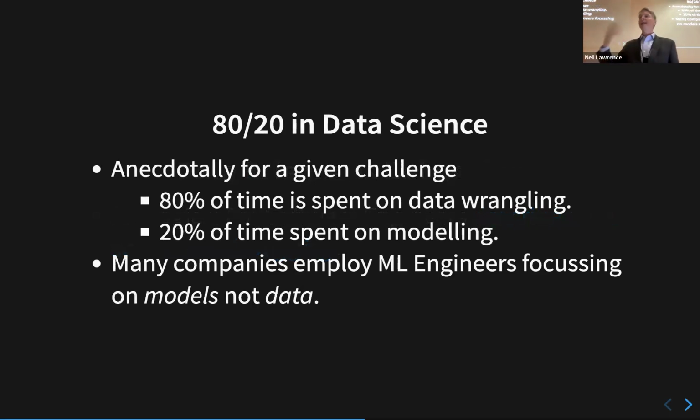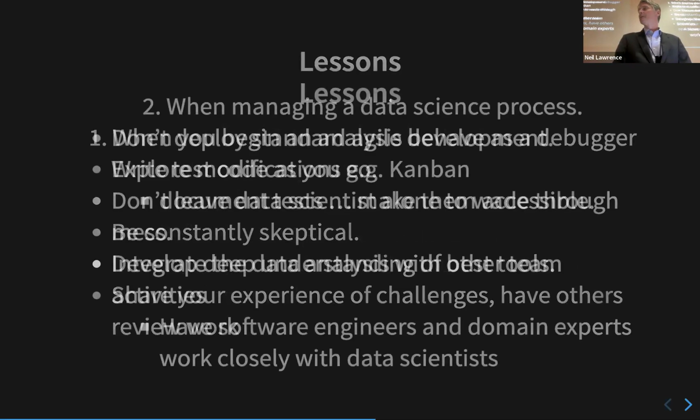This is the challenge. Anecdotally, for any given challenge, and I think it's actually worse than this, 80% of time is spent on wrangling and 20% of time spent on modeling. That's why we're in a big problem, because people aren't teaching this wrangling piece, and people end up being recruited as machine learning engineers to do jobs that involve serious data wrangling. And the ecosystems within companies are not up to speed in terms of understanding how to record this data wrangling and share it. So often these notebooks that you'll create just reside on an individual data scientist's computer, forgotten forever, or accessible only if that person's still in the company and they have a good file storage system.